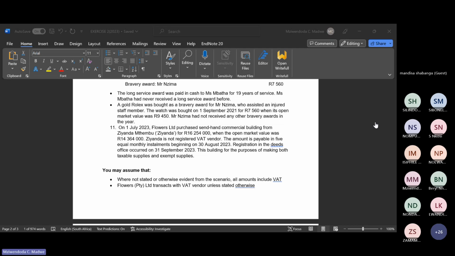The first thing that you can consider here is that you are buying this good from someone who is not a registered VAT vendor. So Zianda is not a registered VAT vendor. By the time he sold the property, he was not allowed to charge VAT. So when you are buying it as Flower Ltd, you are not entitled to a VAT input deduction. So the first thing that you have to indicate here is that no input tax may be claimed